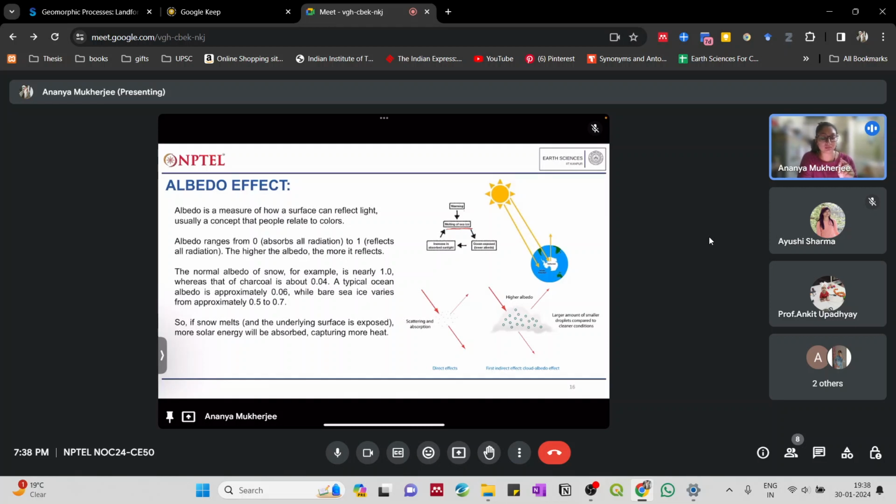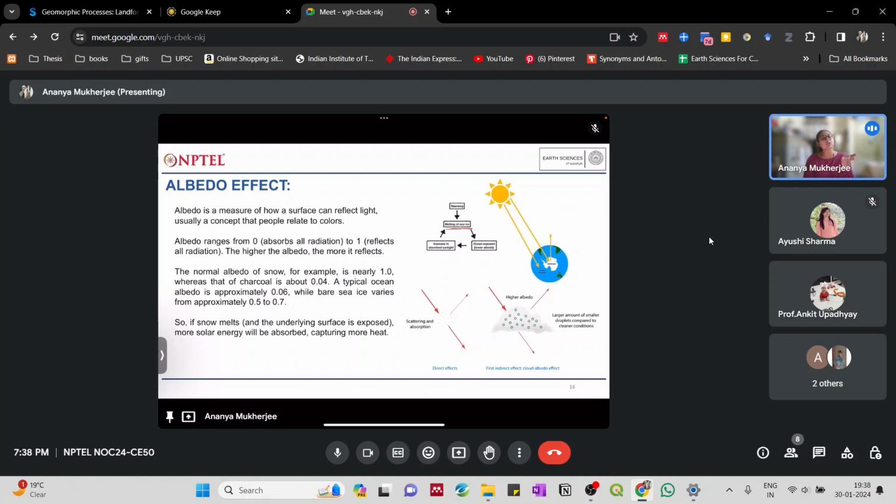If the overall albedo effect is decreasing because of a decrease in the ice cover, that means more energy is going to be absorbed. It is actually related first to the energy absorption by the Earth's surface. With more energy absorbed, then, according to the proportion that we discussed before, more energy is going to be given out by the Earth's surface.